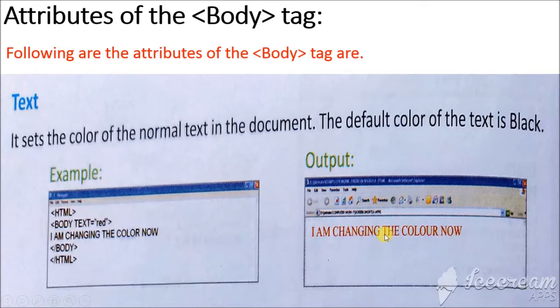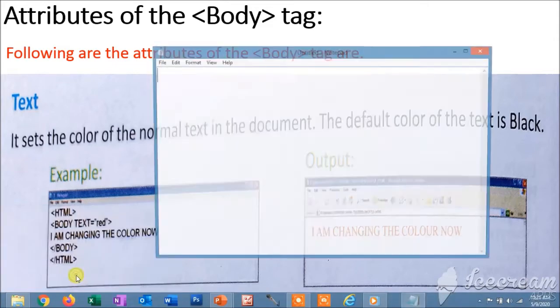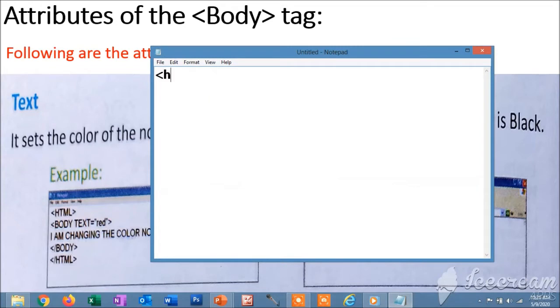Now look, see the demo. How can you apply this code? Open notepad, write HTML code.